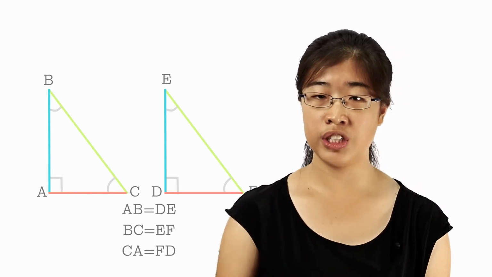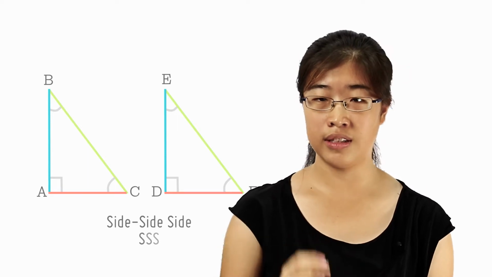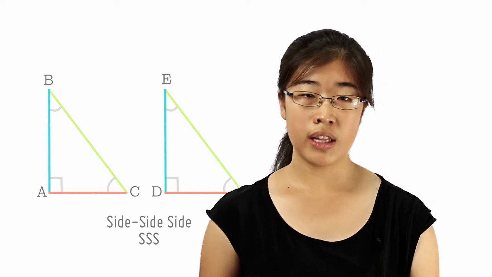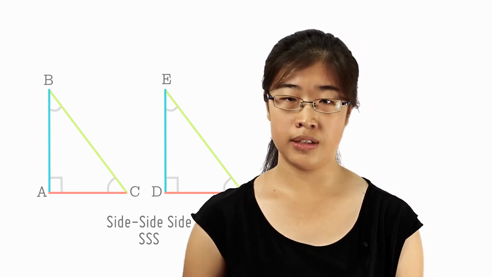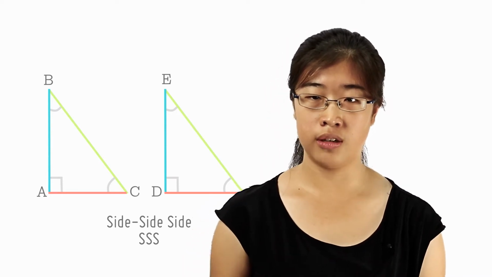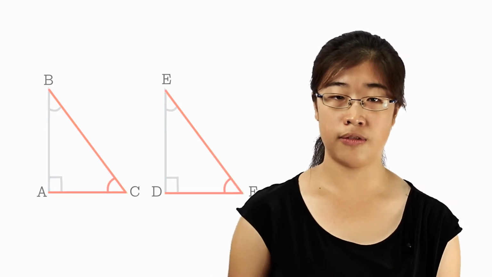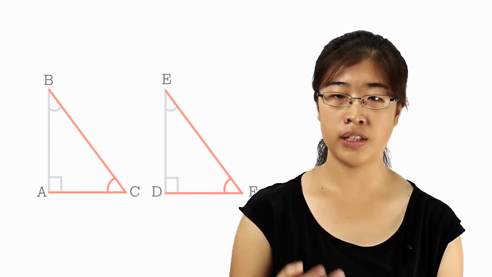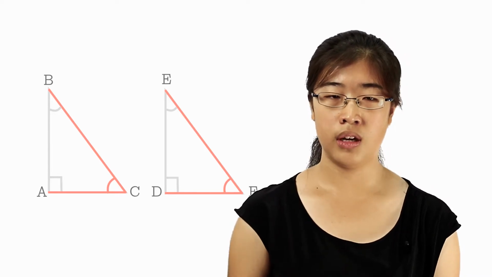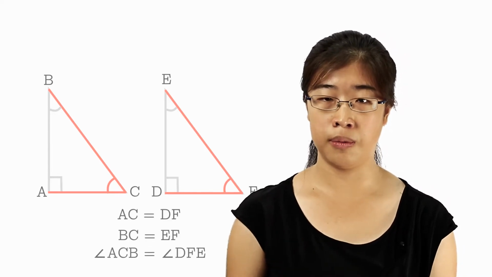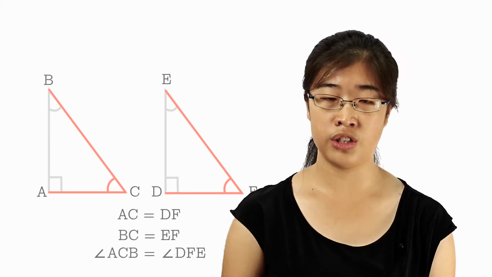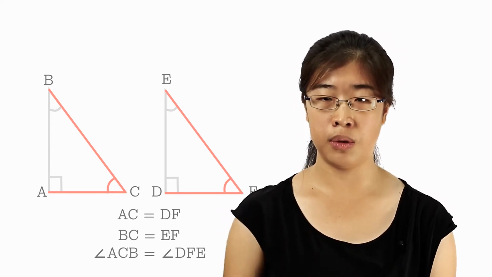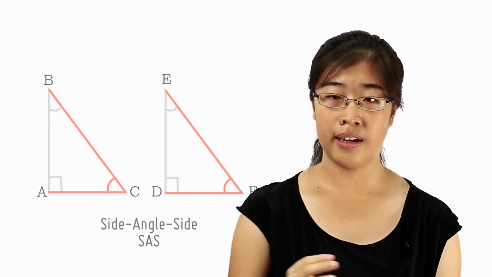Since we are comparing three sides, this method is called side side side, or SSS. So what happens if we only know two sides? Like for similar triangles, we can compare two sides of a triangle and the angle in between them. If two pairs of corresponding sides are equal and the angle in between them is equal, we know that they are congruent triangles. Since we are comparing two sides and the angle in between, this is called side angle side,